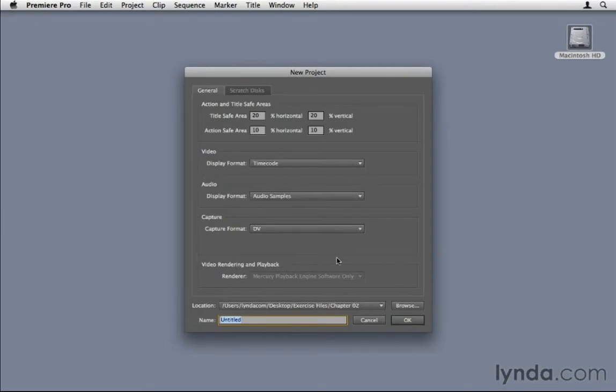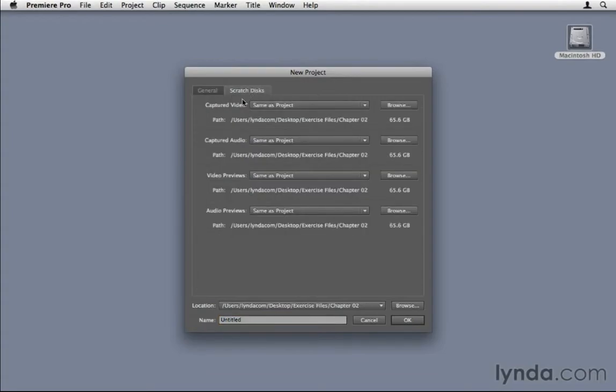Now, thankfully, they've actually simplified this dialog box over the years. There's not too much we need to worry about here. Although we can go to the Scratch Disk tab, especially if you're going to be capturing footage, which we'll talk about later on in this chapter. But other than that, we don't need to worry too much about what's going on here. We just need to pick a location and pick a name here. I'm just going to go with the defaults for right now, just to go ahead and move on and click